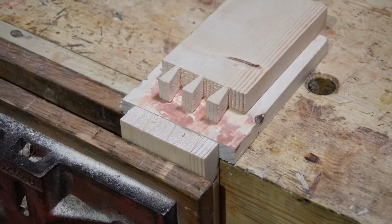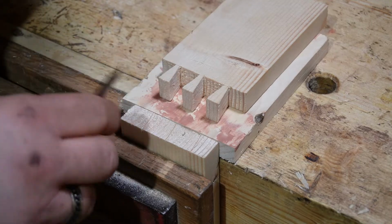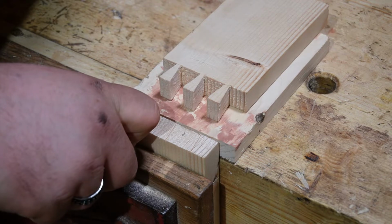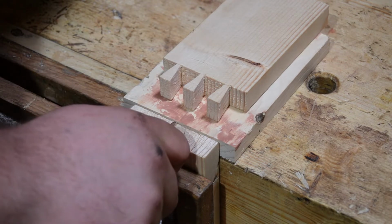Now zoomed in, you can see I put my blade in it here. It's probably hard to see on camera. We have our lines that we can follow now. The other reason I like doing it this way